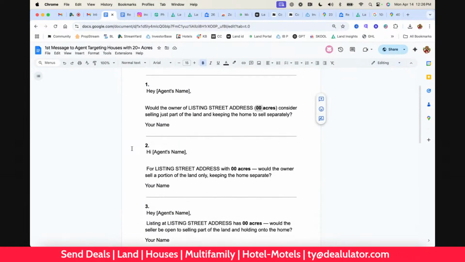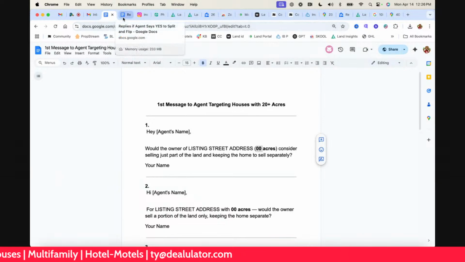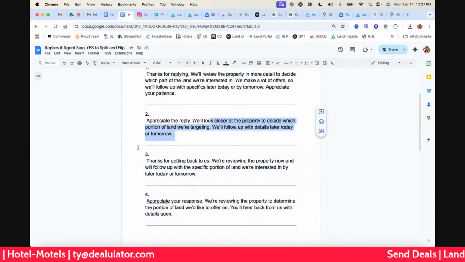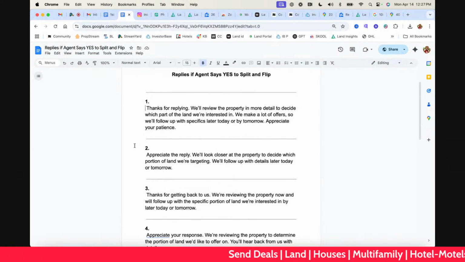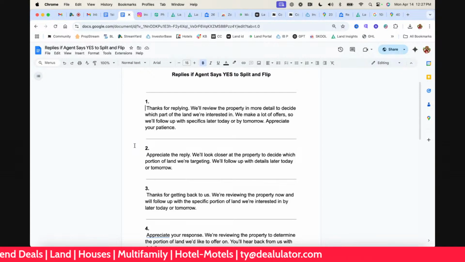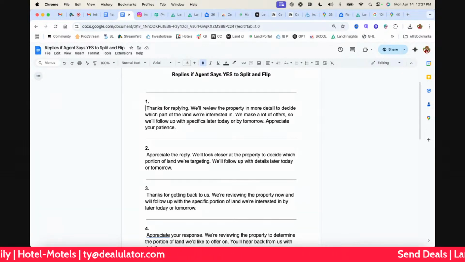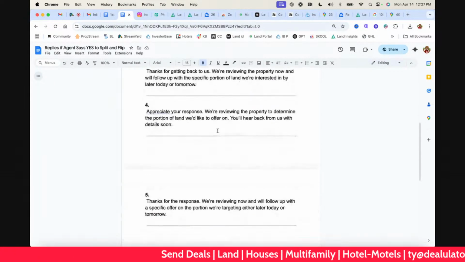If they say yes, then the second message, you'll just reply back with one of these: Thanks for replying. We'll review the property in more detail and decide which part of the land we're interested in. We make a lot of offers. We'll follow up with specifics later today or tomorrow. Appreciate your patience. So just different versions of that.